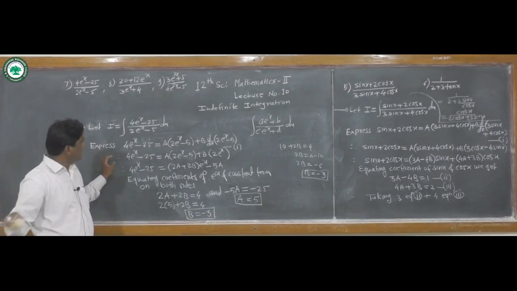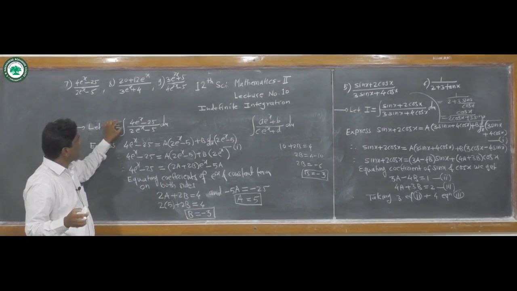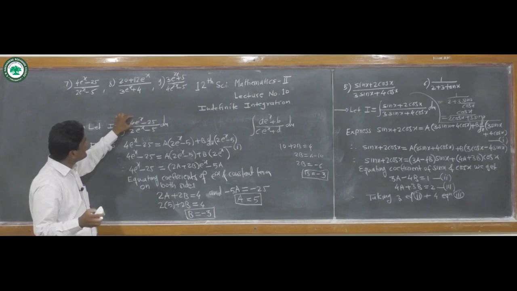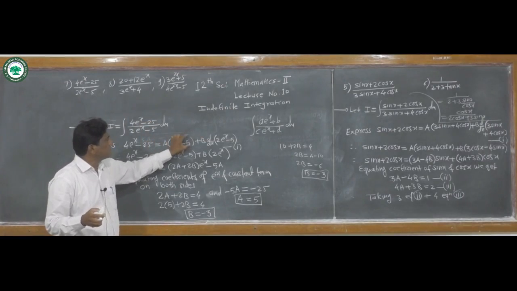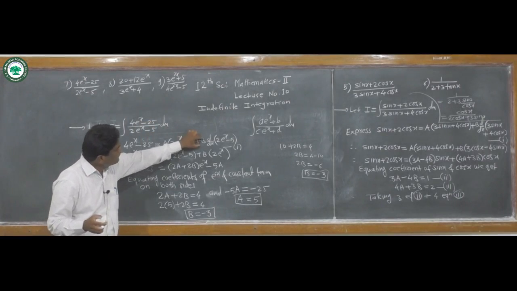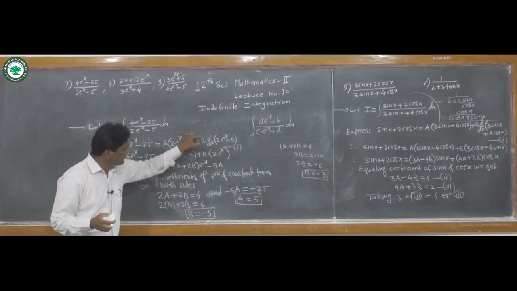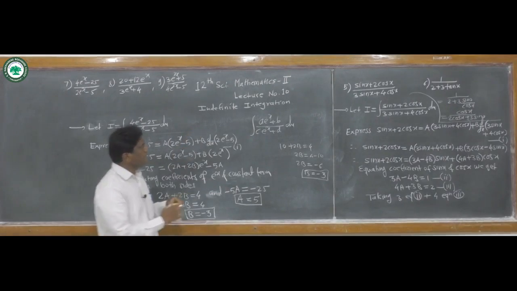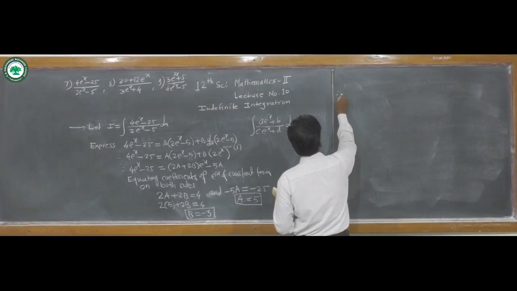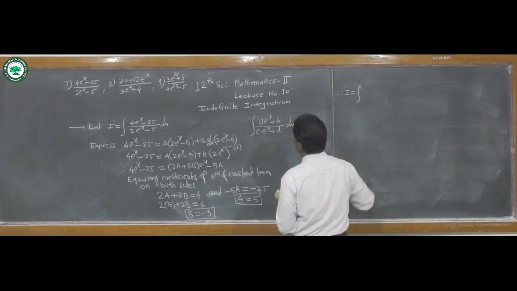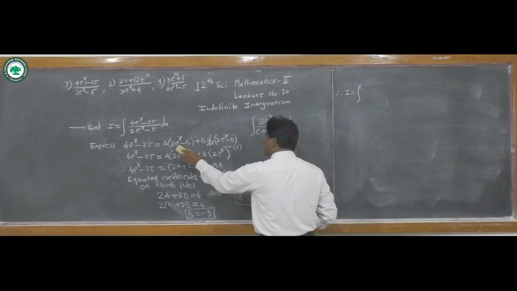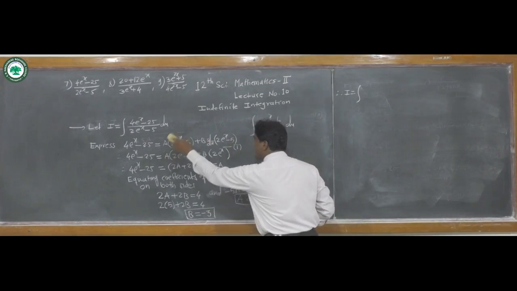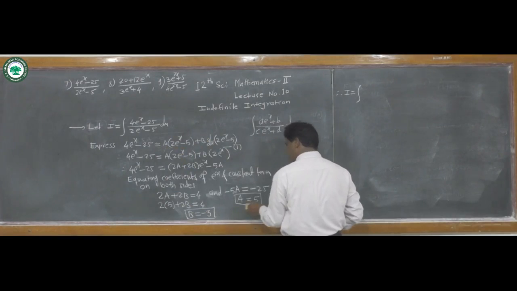And now the required integral I becomes: in this integral I we have to replace the numerator by equation 1, and here we put the values of a as 5 and b as minus 3. Therefore the required integral becomes I is equal to the integration of this numerator, 4e to the power x minus 25, replaced by the right hand side of equation 1 by substituting the values of a and b. A is here 5.